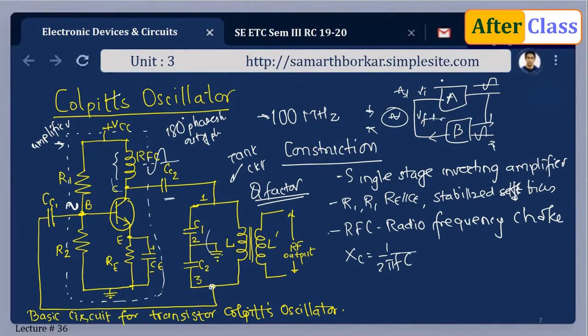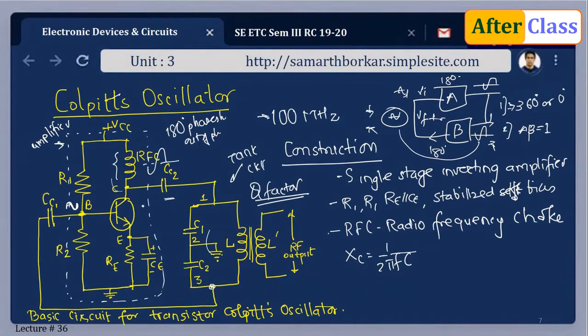So you see here 180 degree phase shift is provided by the amplifier, and again I need a phase reversal between these 2 points. So I need 180 degrees phase shift to be provided by this block. So the total phase shift should be 360 degrees or 0 degrees. That was the first criterion of Barkhausen. The second criterion is AB has to be equal to 1.